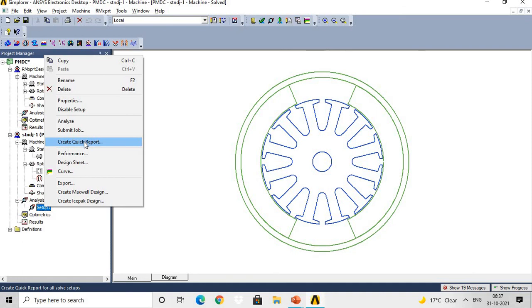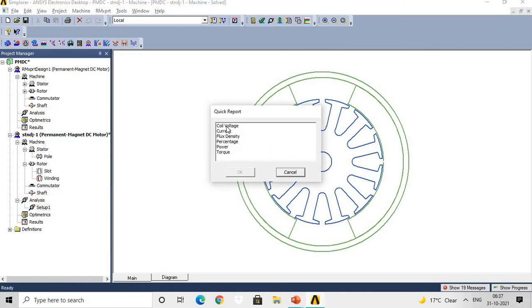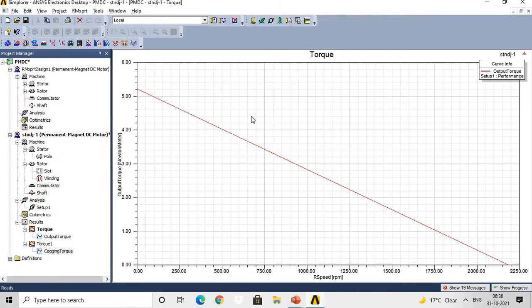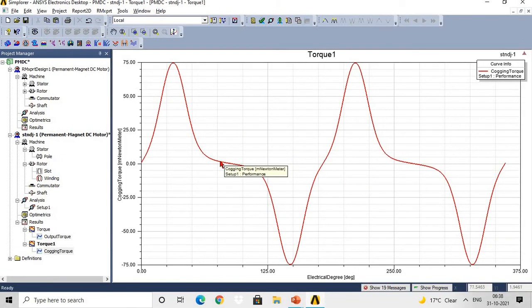Otherwise, if you want to create the quick report, you will get the information directly. The main parameters for the quick report are current information, flux density information, percentage information, power and torque information, etc. Suppose I have selected the torque, and if I press enter on it, then the corresponding torque curve versus electrical degree is directly available here. So accordingly you can select the parameter, and those performance curves will be directly available under the result tab.